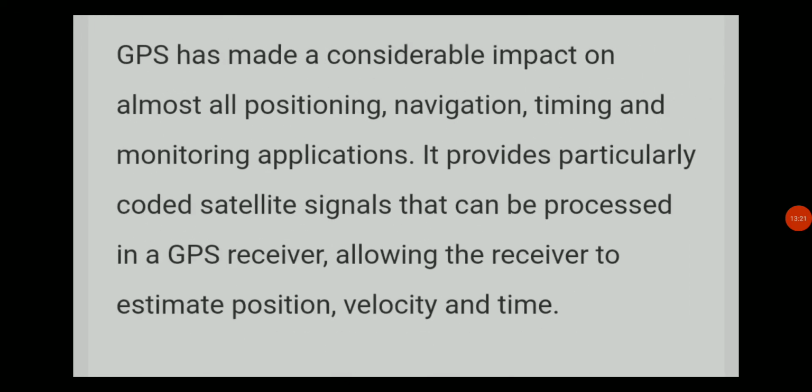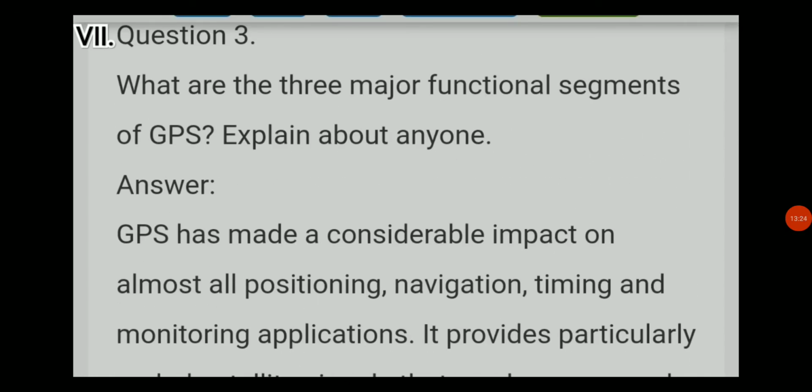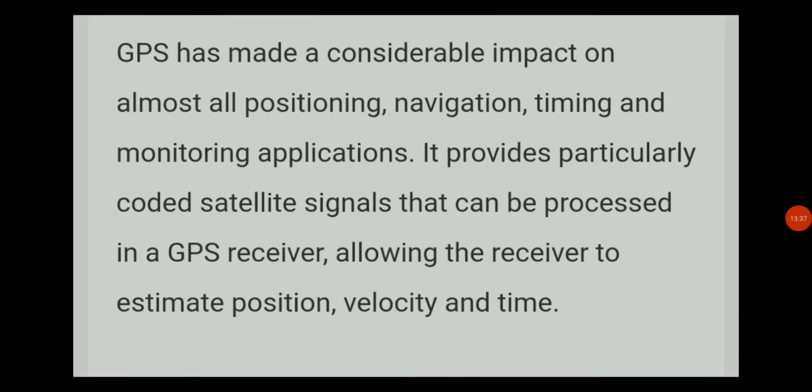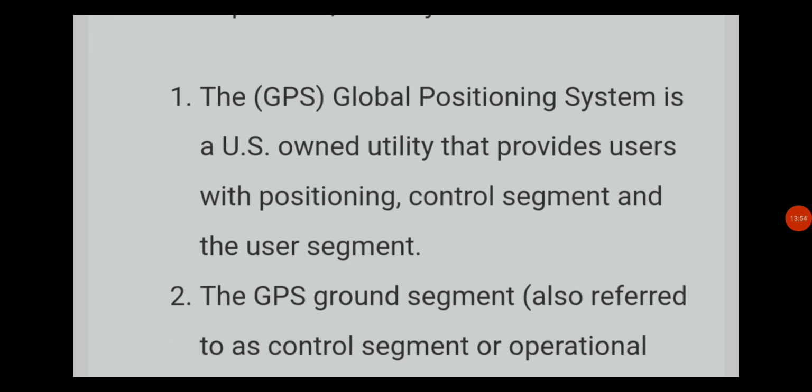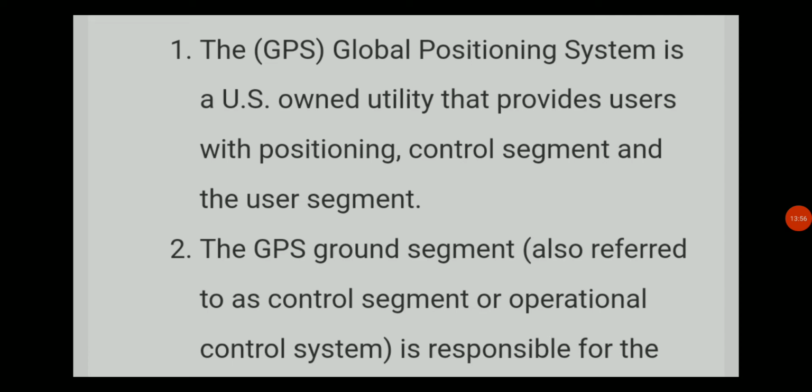And your next question is the third question. What are the 3 major functional segments of GPS, or what are the 3 major uses of GPS? Explain about any one. So GPS has made a considerable impact on almost all positioning, navigation, timing, and monitoring applications. It provides particularly coded satellite signals that can be processed in a GPS receiver, allowing the receiver to estimate position, velocity, and time. Your first point, the GPS Global Positioning System is a US-owned utility that provides users with positioning,